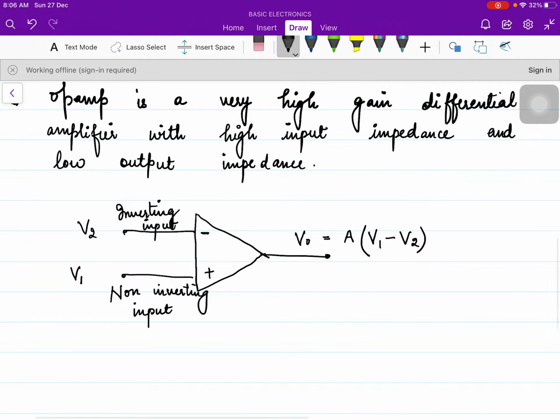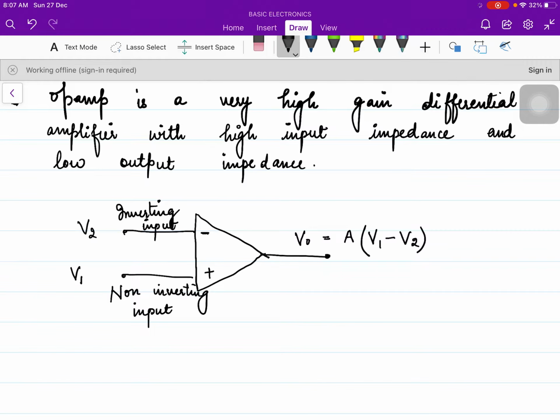The other line, which says high input impedance and low output impedance, means that every efficient electronic circuit has the property that the input impedance should be high because it must draw the least input current from the supply. High input impedance means minimum current, and at the output we need maximum current to flow, therefore low output impedance. So op-amp has all these qualities.